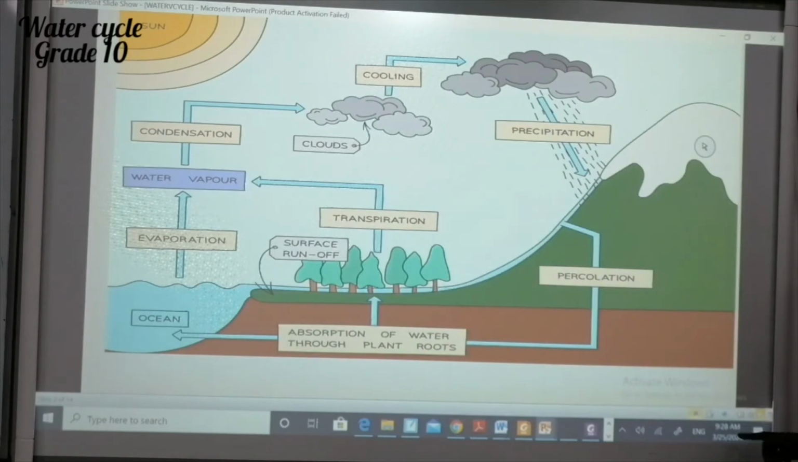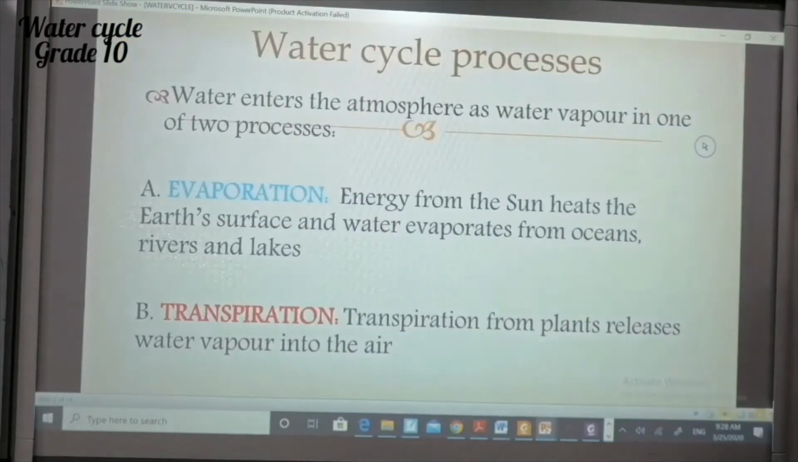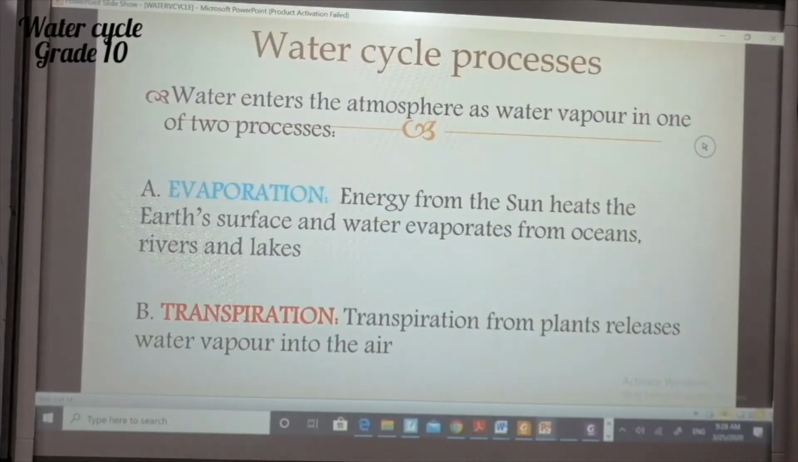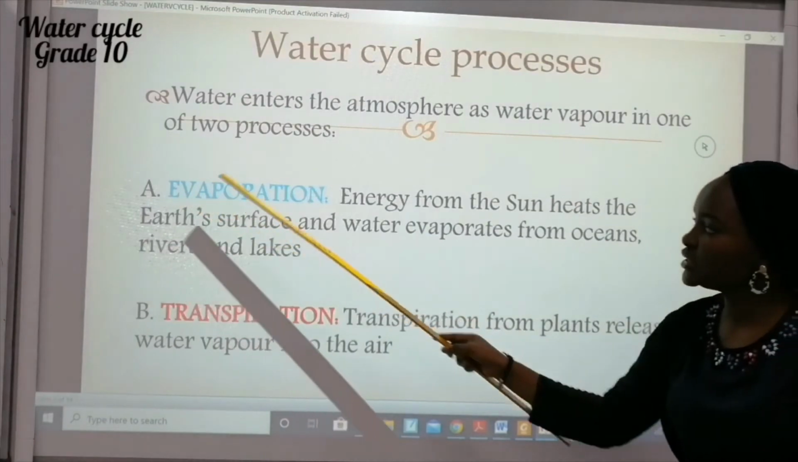So let's talk about the water cycle processes. Water enters the atmosphere as water vapor in one of two processes, like I said, evaporation and transpiration. So if the question says name two processes that gives water to the atmosphere as water vapor, the answer is